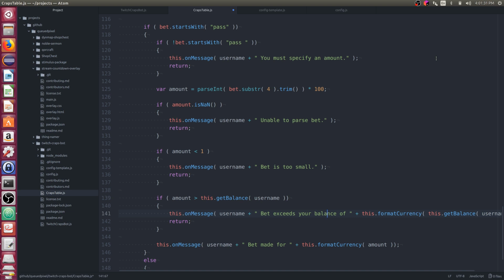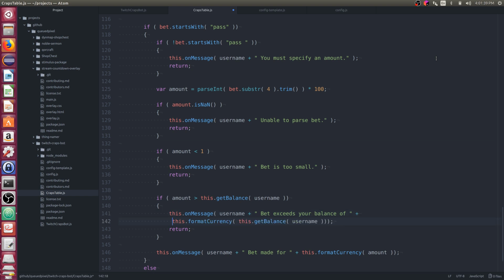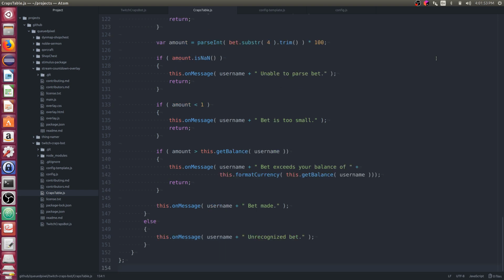So why not just give it to them? Save them a round trip with the bot here. And then bet made for amount. Again, we could just say bet made because we see the amount they typed in. So that'll help minimize some of the spam.